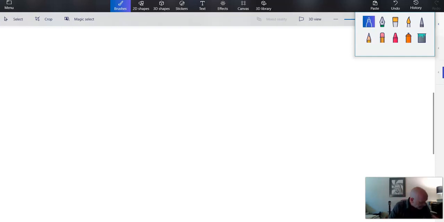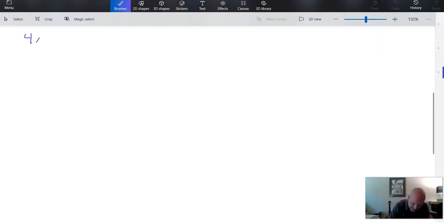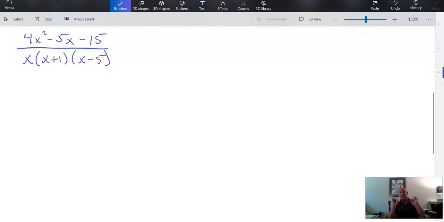There we go. 4x squared minus 5x minus 15 over x times x plus 1 times x minus 5. Okay, so we have three factors of the denominator now, but they are all distinct factors,